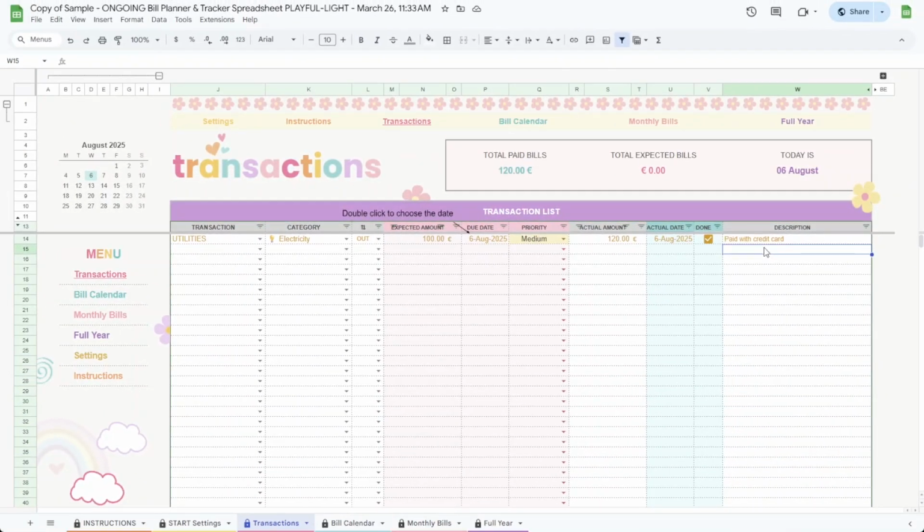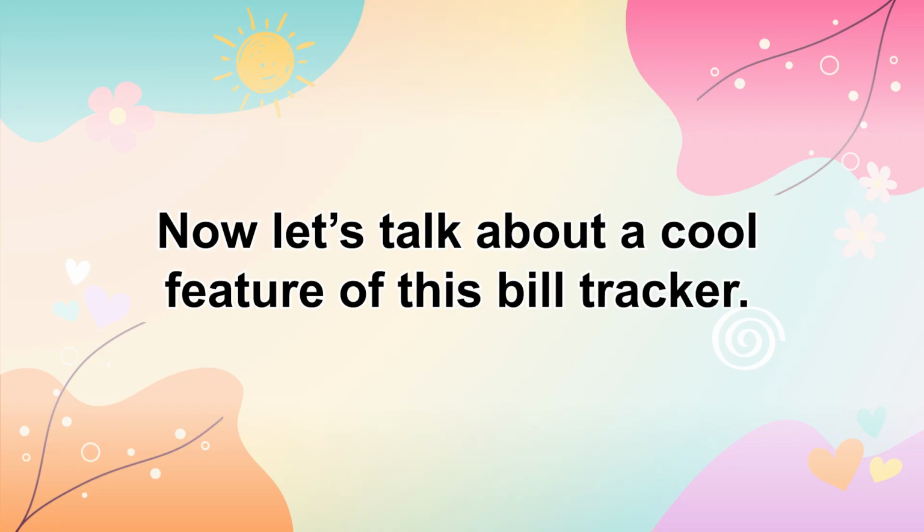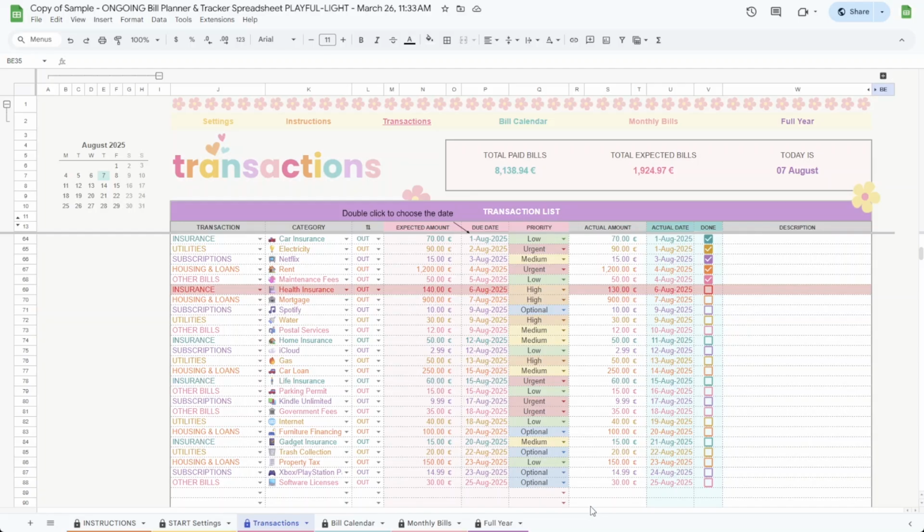Just repeat these steps for each bill or payment, and your planner will take care of the rest. Now let's talk about a cool feature of this bill tracker. For this demo, I've already filled in a few more transactions just so you can see how everything works with